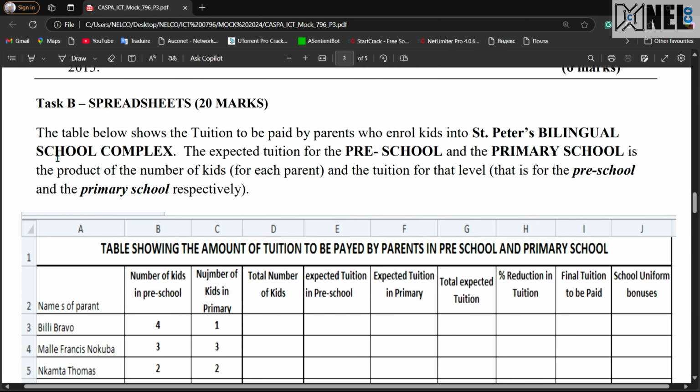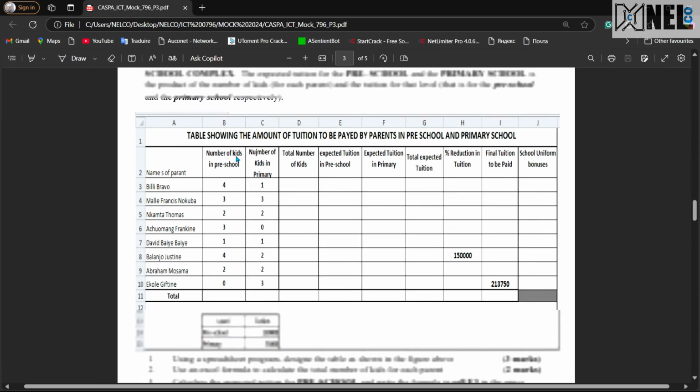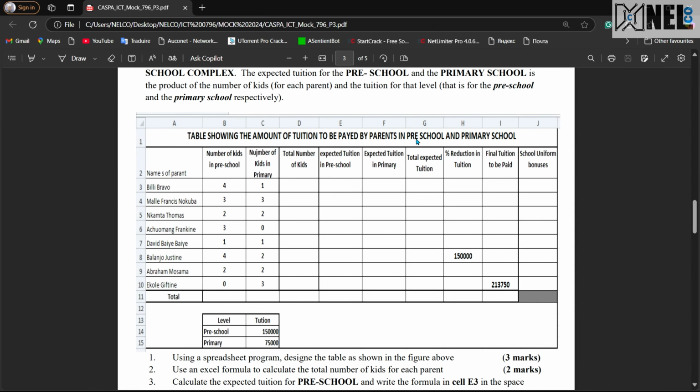St. Peter's Bilingual School Complex. The expected tuition for preschool and primary school is the product of the number of kids for each parent and the tuition for that level, that is, for the preschool and the primary school respectively. So we have the table showing the amount of tuition to be paid by parents in preschool and primary school. We have the name of the parents, the number of kids in preschool, the number of kids in primary school, the total number of kids, good, the expected tuition in preschool, the expected tuition in primary, the total expected tuition,